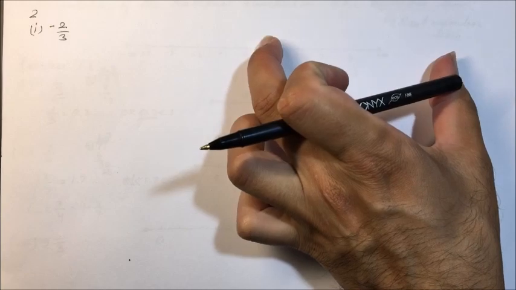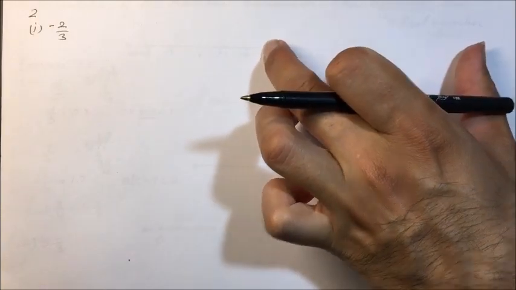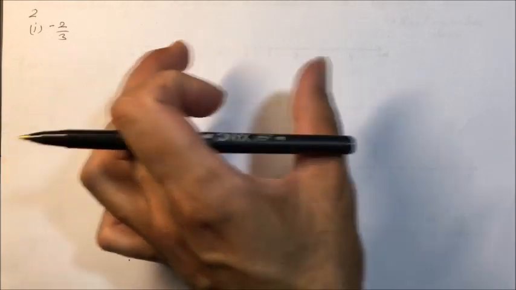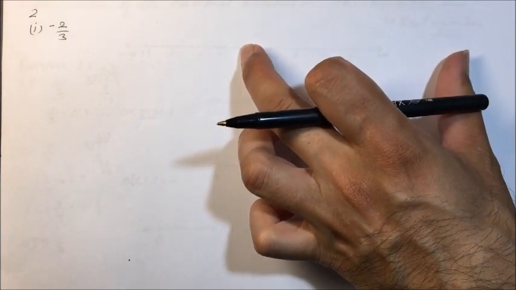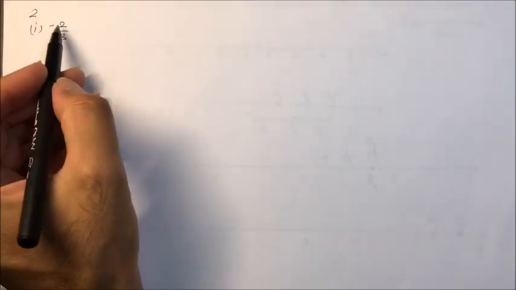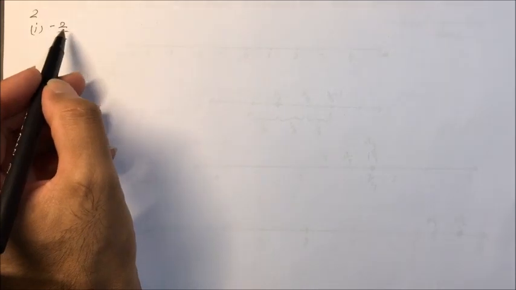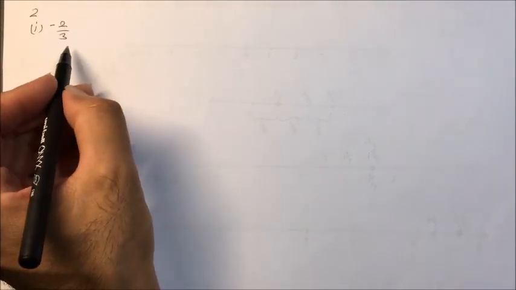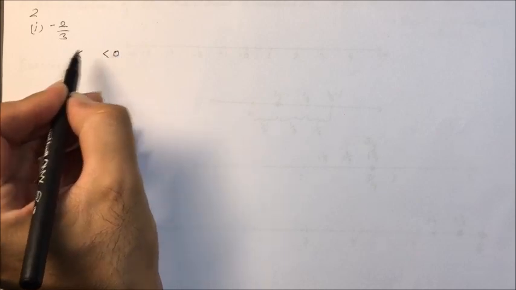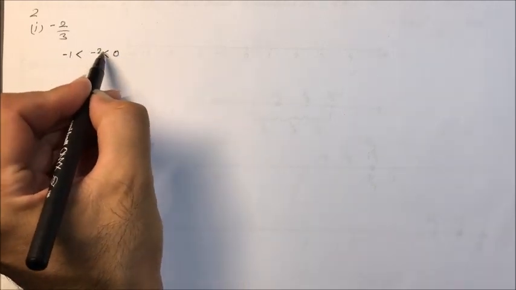Positive rational numbers we have represented with 0 here, on this side. Negative will be represented on the left side of the 0. Positive rational number on the right side of the 0. Negative rational number on the left side of the 0. So minus 2 by 3. If we can figure out by the fraction, it is well and good. So it will lie between 0 and minus 1, minus 2 by 3.